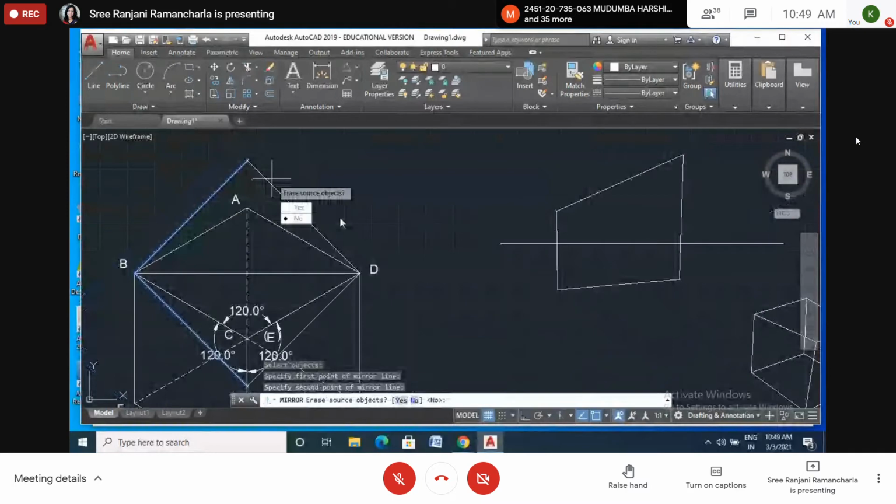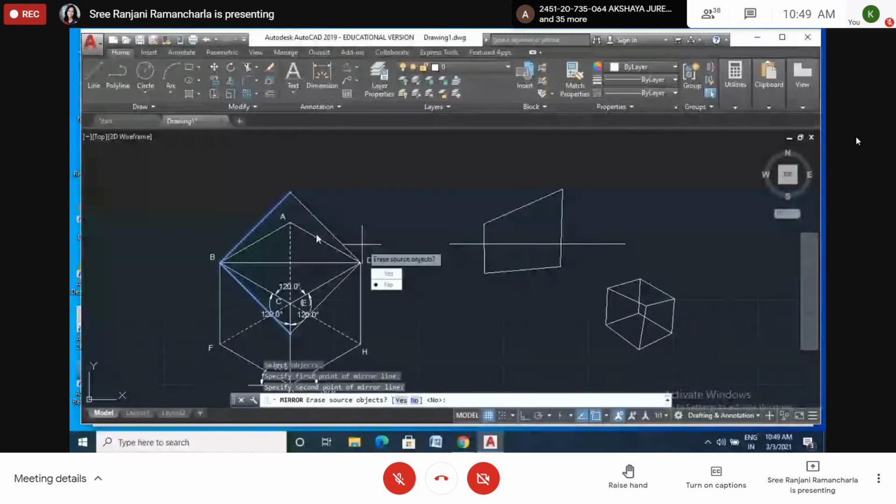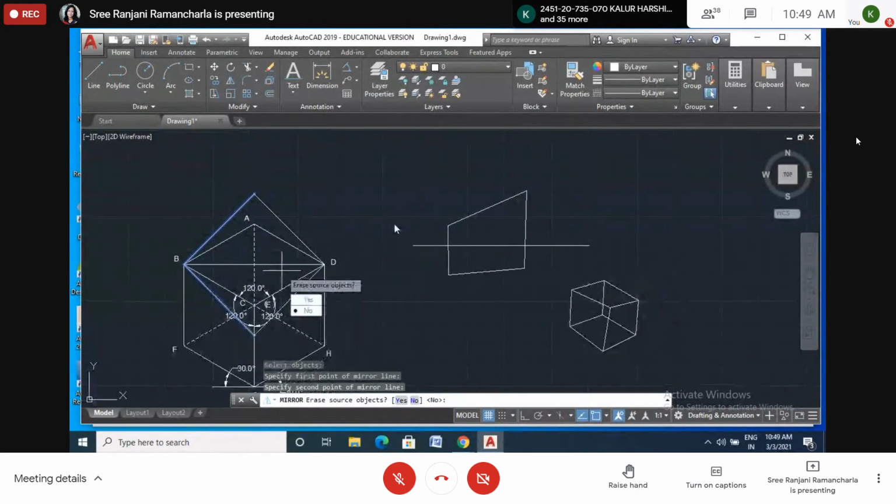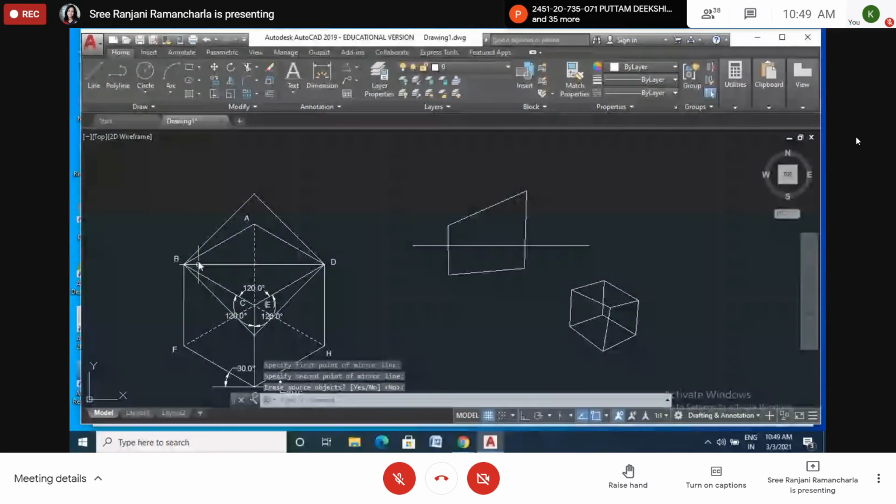Okay. Now this one I will give here. Actually, this is the square base, square face. But it's looking like a rhombus. In the rhombus also, when you draw the diagonal, this is the diagonal, the plane diagonal, BD. So this is the actual square face. Now this is the reduced length and this is the actual length.